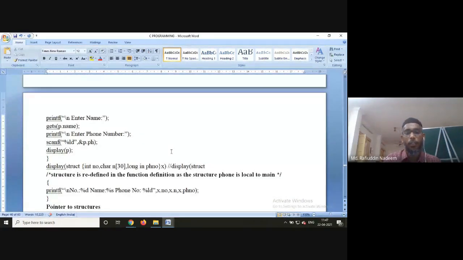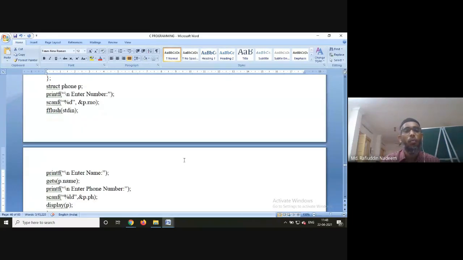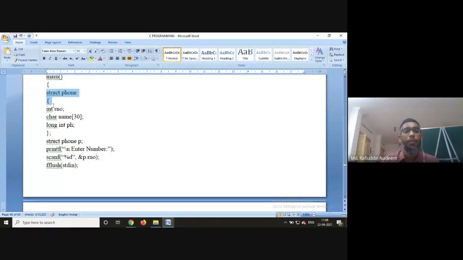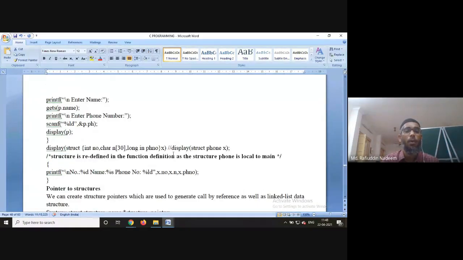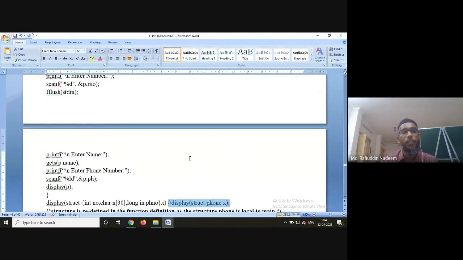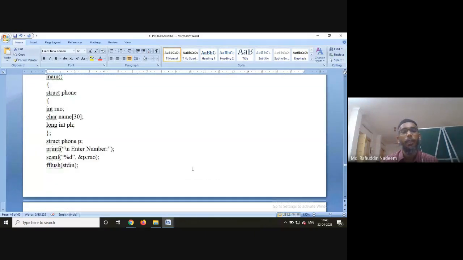I can't say this phone comments like this. This is wrong. Whatever I have typed and highlighted is wrong, because phone is declared inside main, and phone is known only to main. Outside main, it is unknown. That's why this statement is wrong. To make this statement correct, I should declare this structure outside